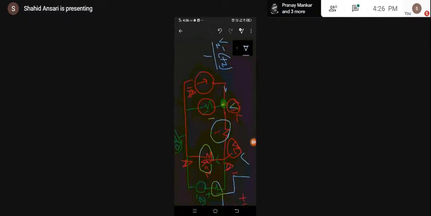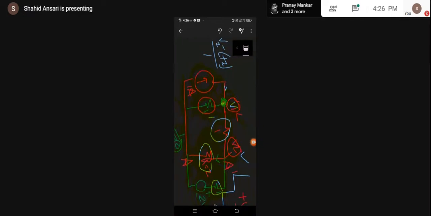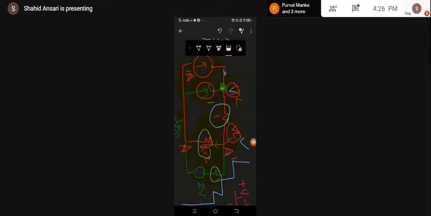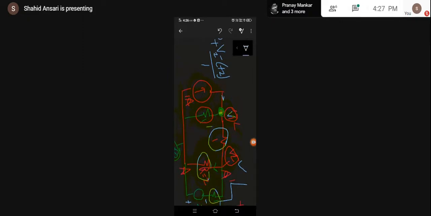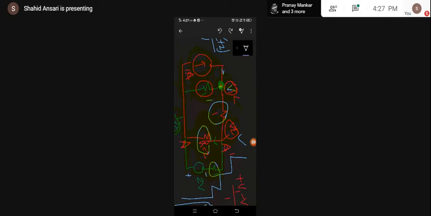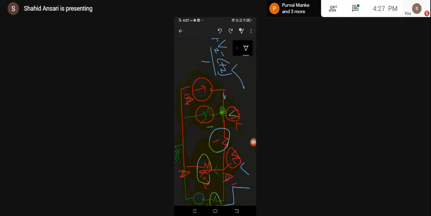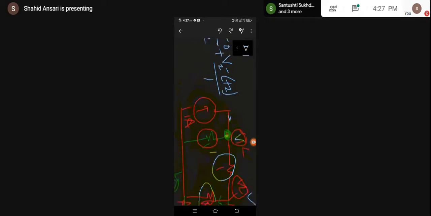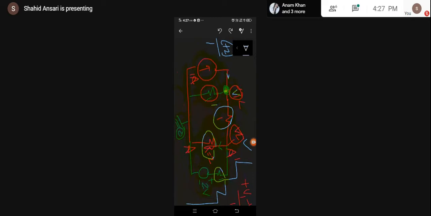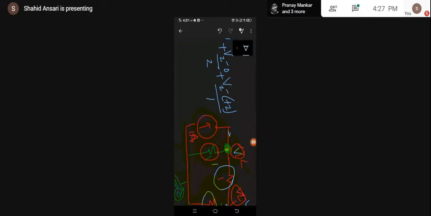It is 1 ohm. And one more thing: if the polarity of the voltage source were connected like this, then I would be writing V2 minus of 2 volt, since the associated polarity is minus. Here I would have to write minus 2, but this is not the case. Here it has simple plus volt, so I can write simple plus 2. So V2 minus plus 2 divided by 1. Is there any source connected with this particular node? No, we don't have any current source connected with this node, so I can simply write equal to 0.